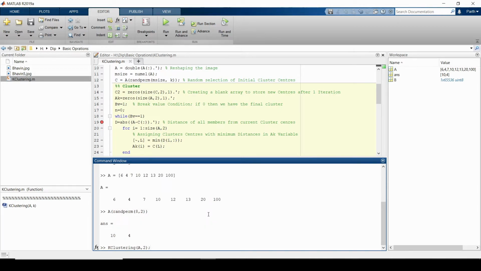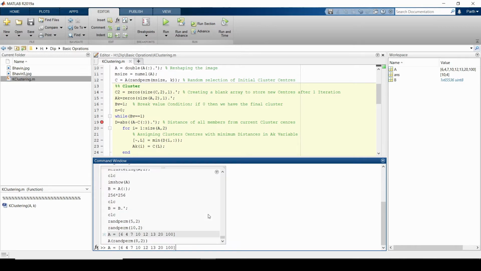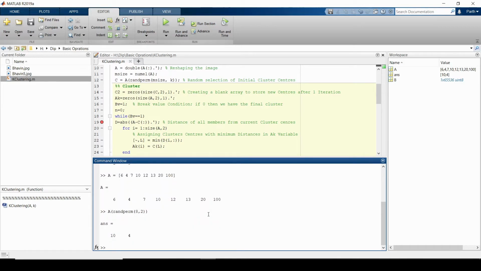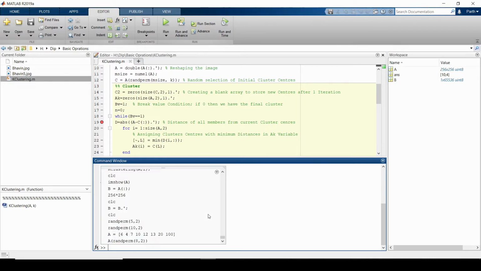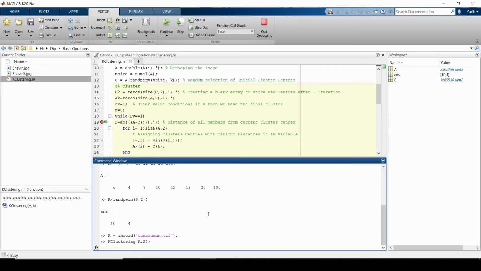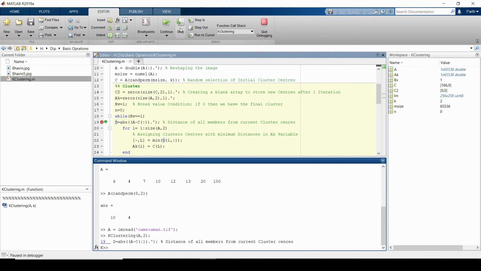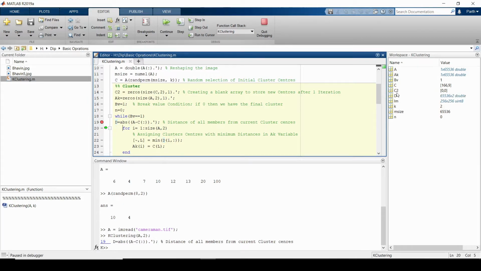So we are running this code for 2 clusters with that image, right? Let me just read that image, camera mount. This one, right? And I will run this. Okay, so here we are. Let me run this section. Now see,